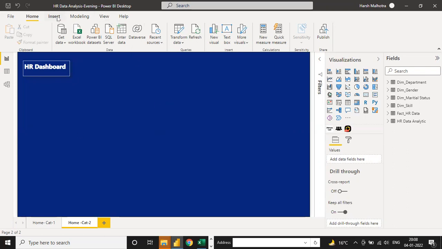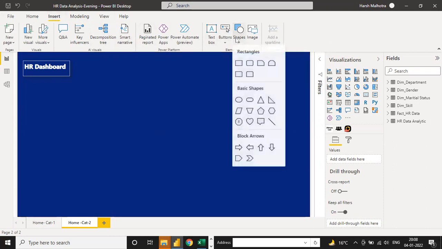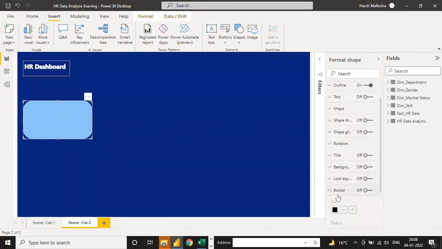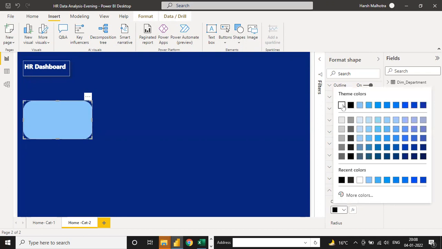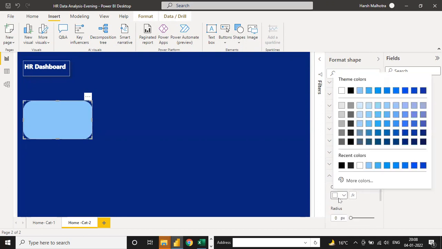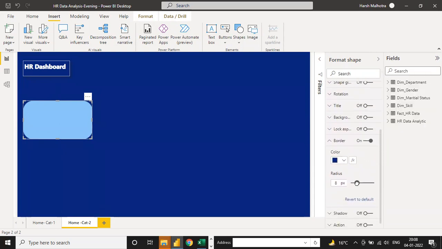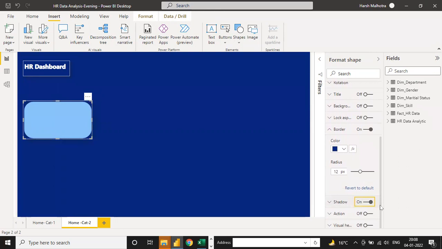Also, you can click on this Insert tab. There is an option of shapes. So you can use rectangle. This one is your option. Like this. You have to arrange the border as per the border. You can switch on white, not white, dark blue, radius, shadow.